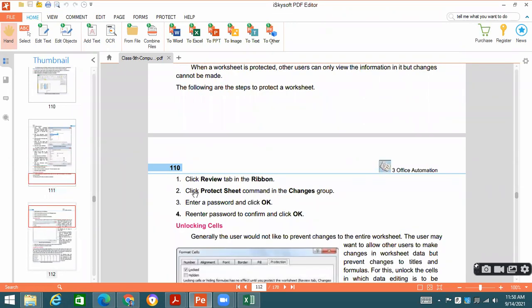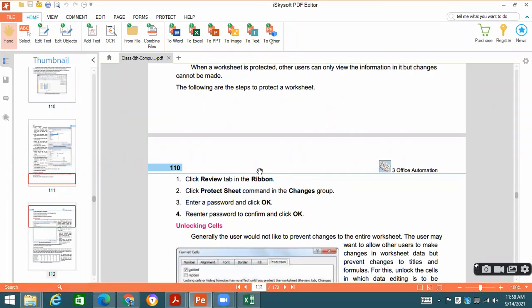So you have to do something in the menu given over here in order to make your sheet protected. Okay, students, have you got all these things?